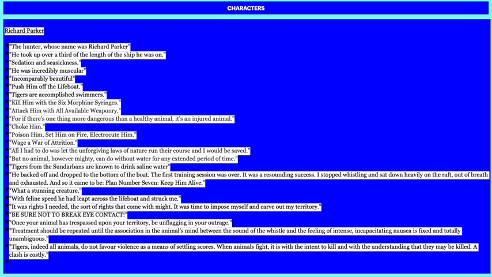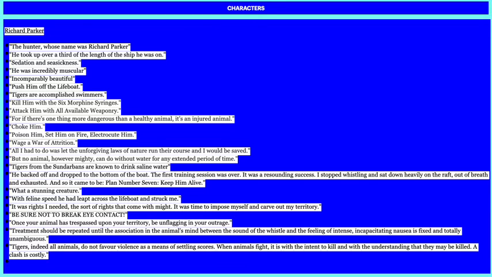both physically and mentally. Okay, so now let's talk about Richard Parker, really important character. "The hunter, whose name was Richard Parker." So that's how Richard Parker got his name, because it does sound like a human's name, because it is. "There was a mix-up on the paperwork." "He took up over a third of the length of the ship he was on." So that really shows us what Pi is dealing with, a really, really huge animal on this lifeboat, and a